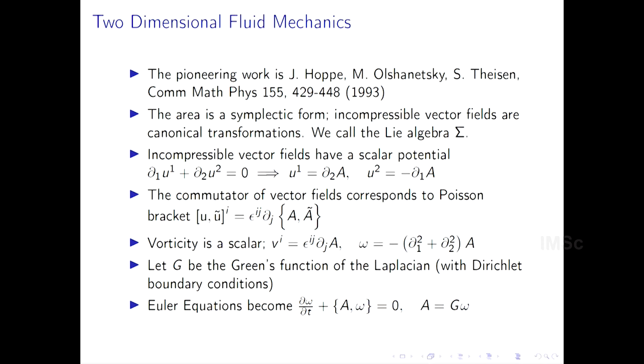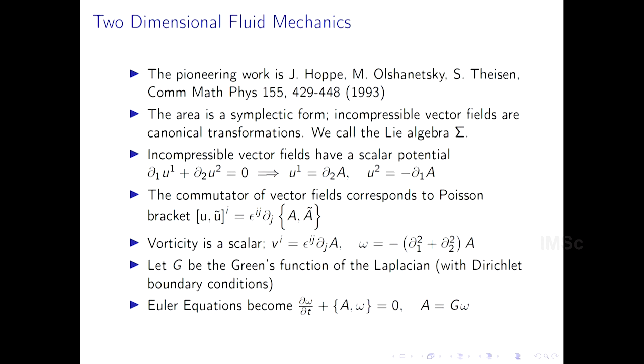So the key point is that in 2 dimensions, an area form, remember, volume form in 2 dimensions reduces to area form. Area-preserving diffeomorphisms in 2 dimensions are the same thing as canonical transformations. In fact, an area form defines a symplectic form. And here is a fluid mechanics way to see it. This is elementary fluid mechanics.